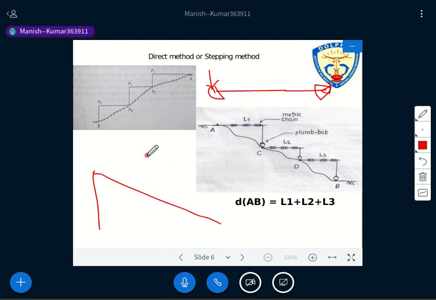Now how do things have to be done? There is the zero end, and the follower has to hold the zero end. The leader has to stretch the chain or tape as per his height. He is not supposed to stretch more than his height, otherwise a kink will form, and again there is no linear measurement. So generally the leader, the person who stretches the chain or tape, has to use his own height and stretch the chain accordingly.